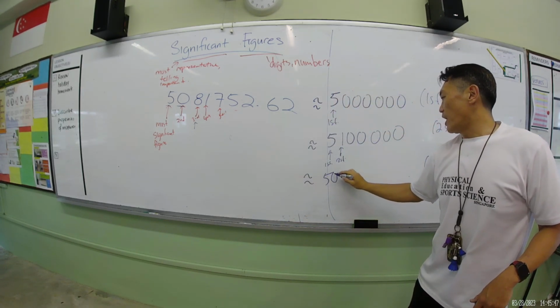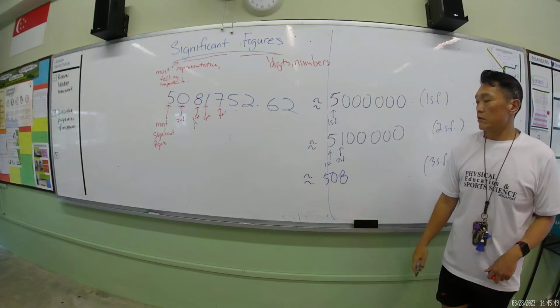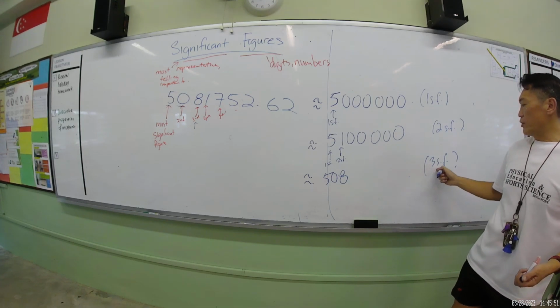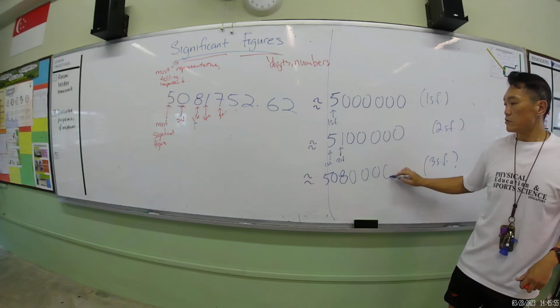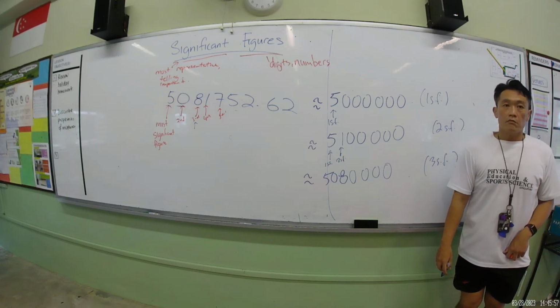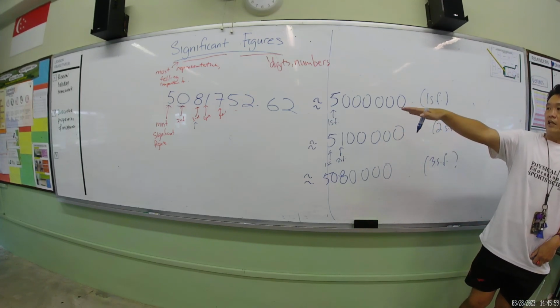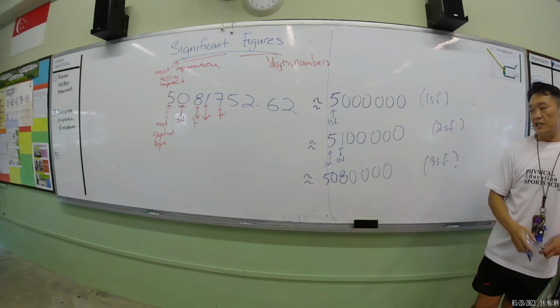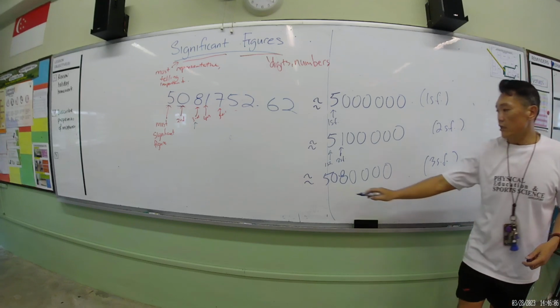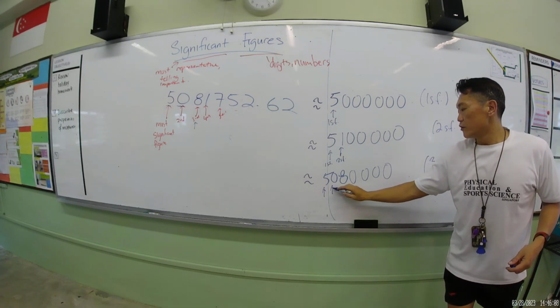It means I keep 5, 0, 8. The rest change to 0 because I only want 3 significant figures. Which means my 5,081,000 is roughly 5,080,000. Okay? I have 1 SF, 2 SF,